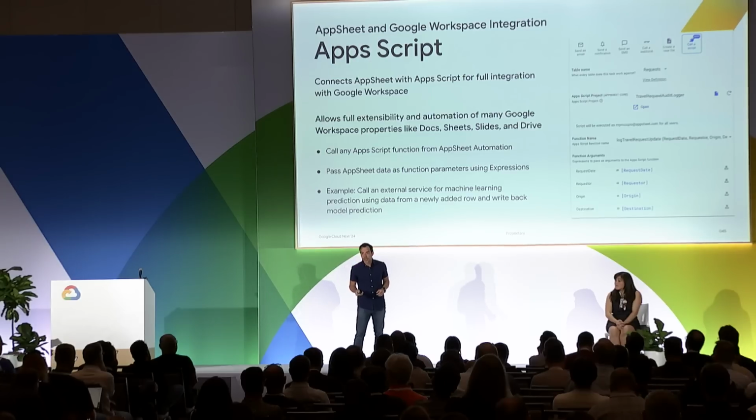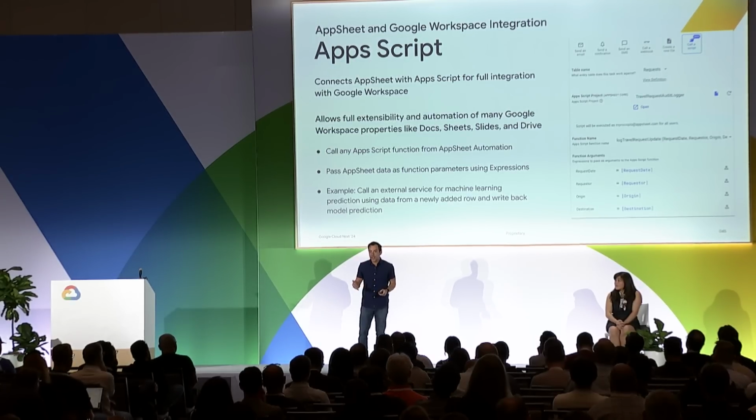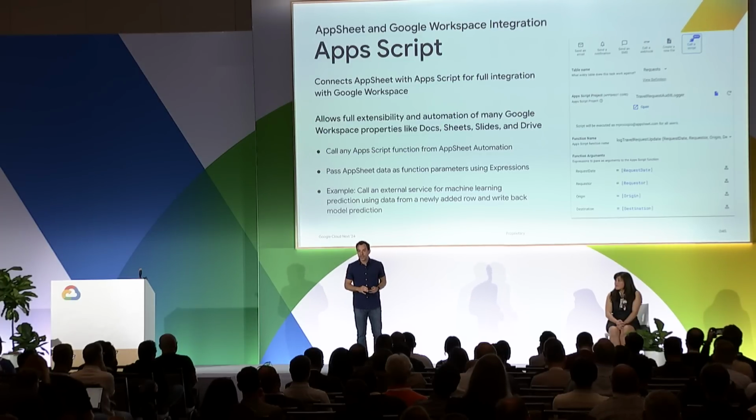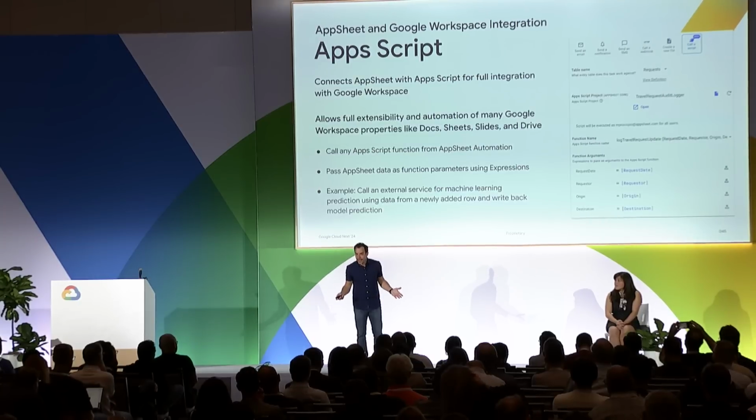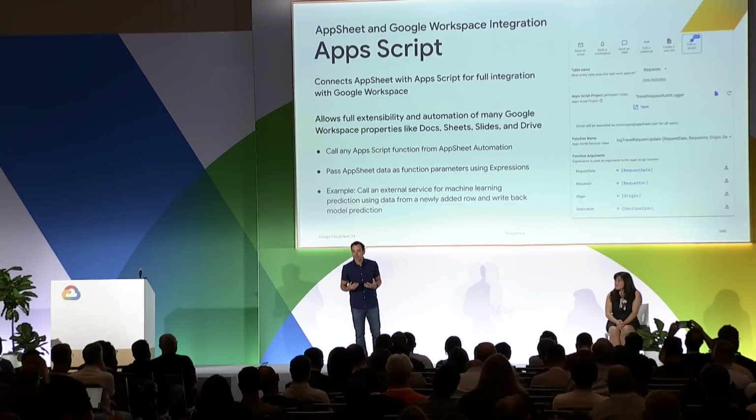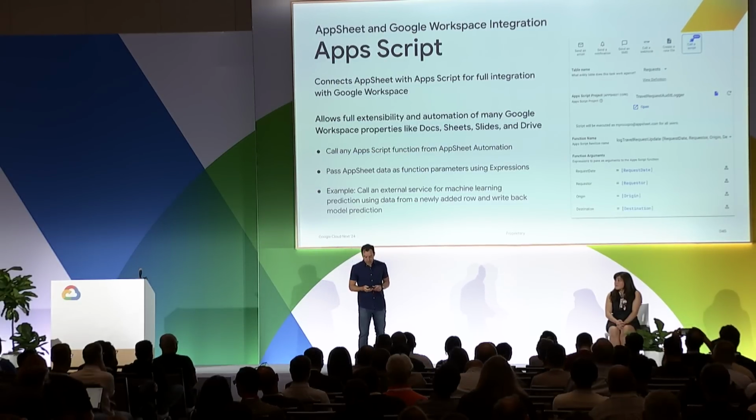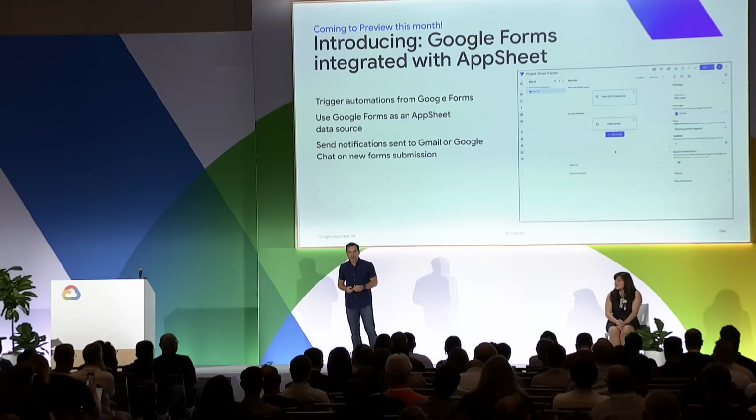With AppScript integration, the moment something becomes available, for example, a new generative AI capability that has an accompanying API, you can immediately take advantage of that simply using this AppScript integration and query that AI service with parameters from your data and receive responses back. These can be multi-step workflows, and we'll see this here in a moment.